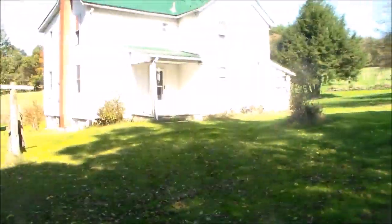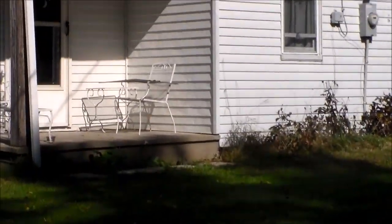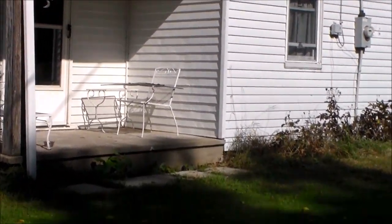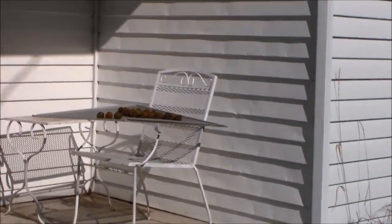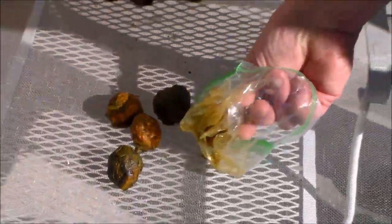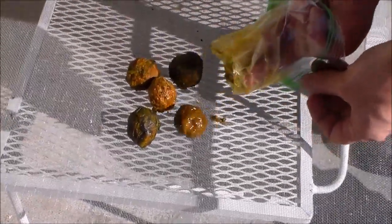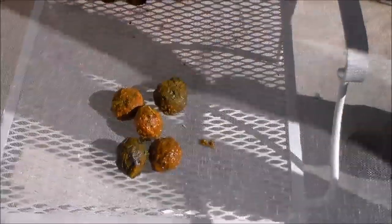Go ahead and focus in on the porch over there. My son did a few the other day, and we'll just walk over here and I'll show you what they look like after a couple days. This is just an old side porch that we load up with firewood in the winter time, so it's going to be the wood porch soon. But these are a couple I just did a little bit ago. This is just an old screen. Anything will work like that. The screen's nice. Put them on there to dry out,